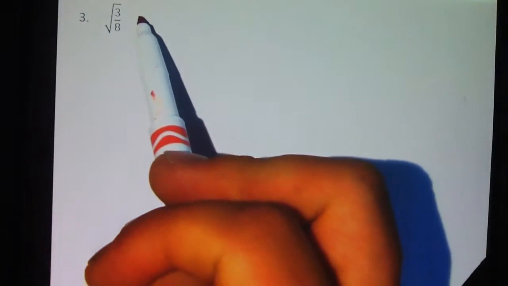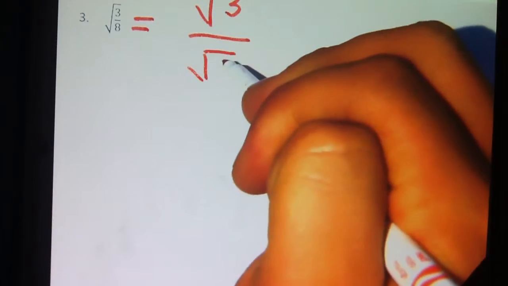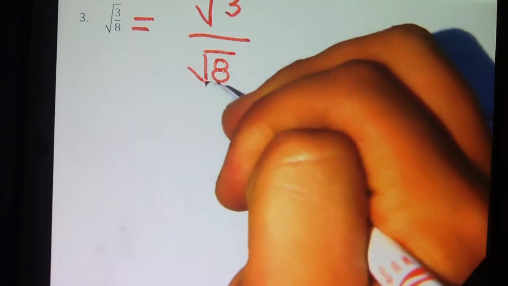Example 3, or exercise 3 from A9, is a lot easier than the exercise 1 that we saw, a radical with a fraction inside it. But this equals the square root of 3 divided by the square root of 8. Now,